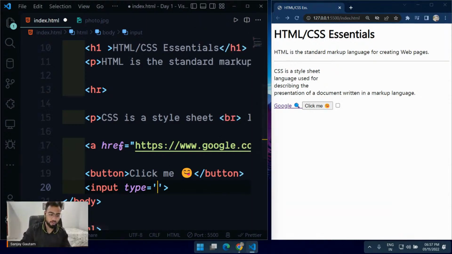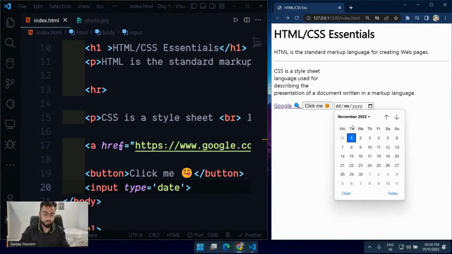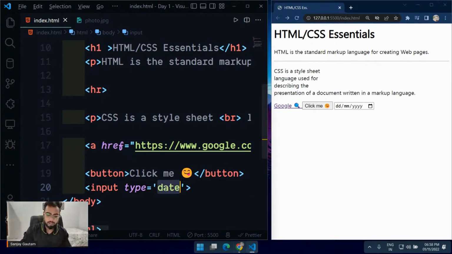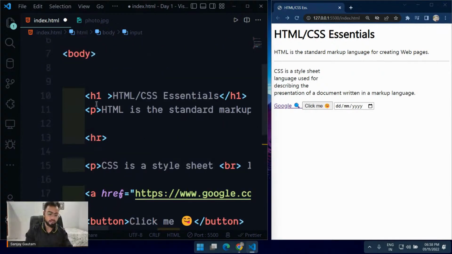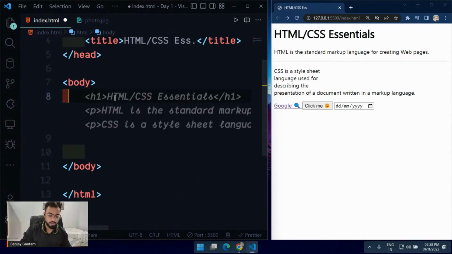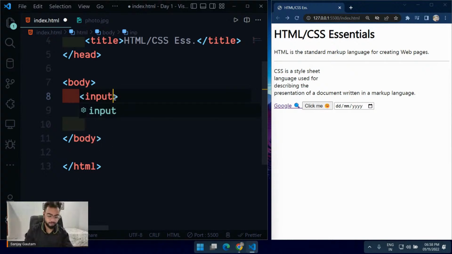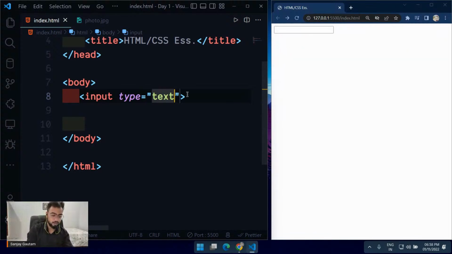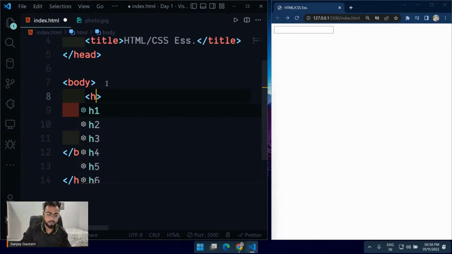So let me just put, let's say, date. Now this input field is going to get converted into a date picker. So now it's a date picker for you. Let's just create a form real quick by using this. So I'm just going to create an input field, input, type is going to be text. If you just want an input field with just text, you put your text here, okay? And let me just put a h1